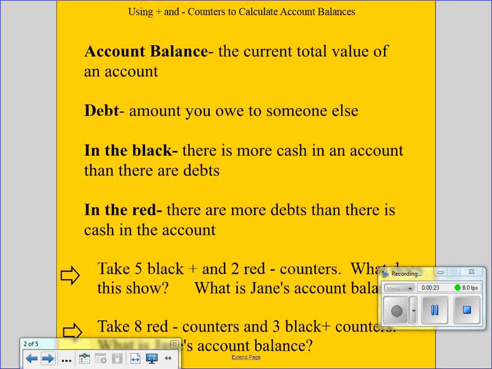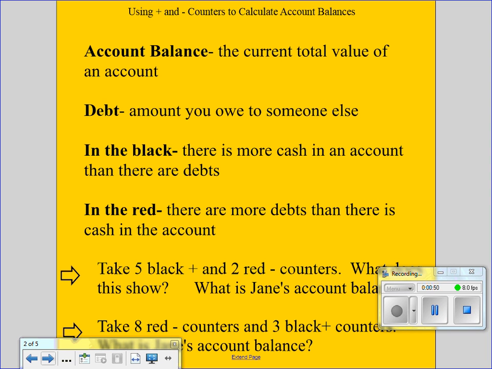Here's some thoughts here. Account balances, it's the current total value of an account. So if you have a bank account, that's the amount of money you have in that account, okay? Debt, amount you owe. So if you are in debt to somebody, that means you owe them money. So let's say you borrow some money from your mom or your dad. You are in debt to them because you owe them that money back if they are looking for that money